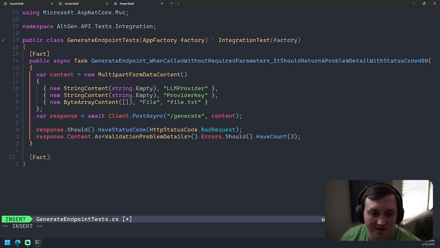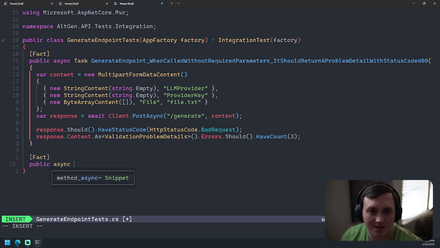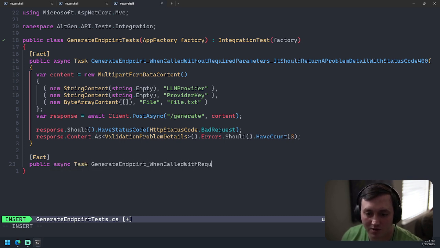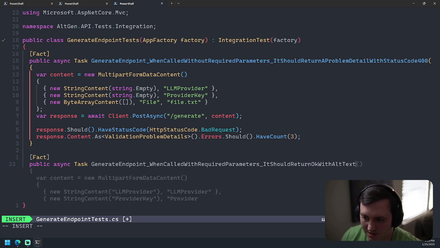Let's fact public async task generate endpoint when called with required parameters. It should return okay with alt text.